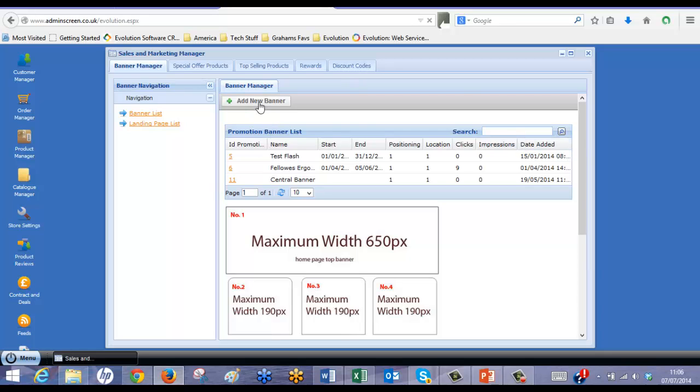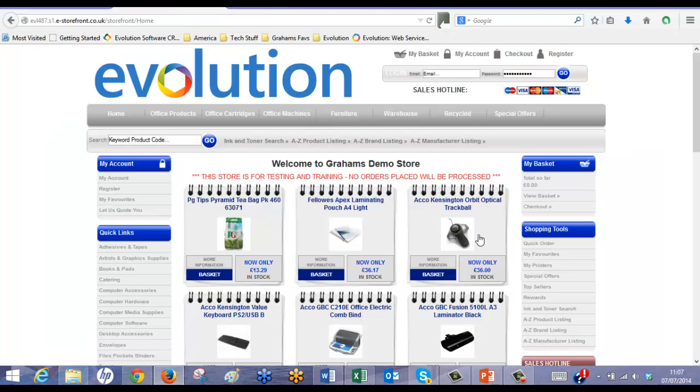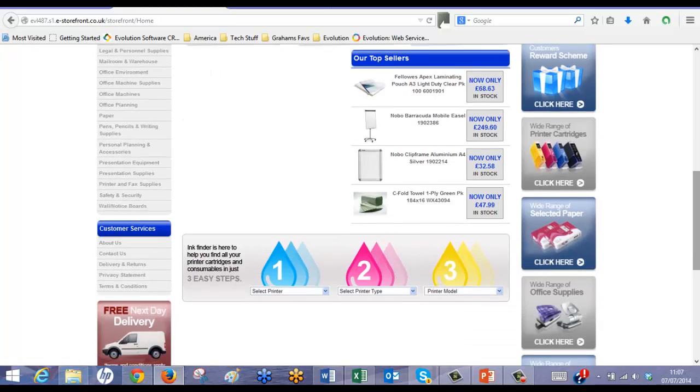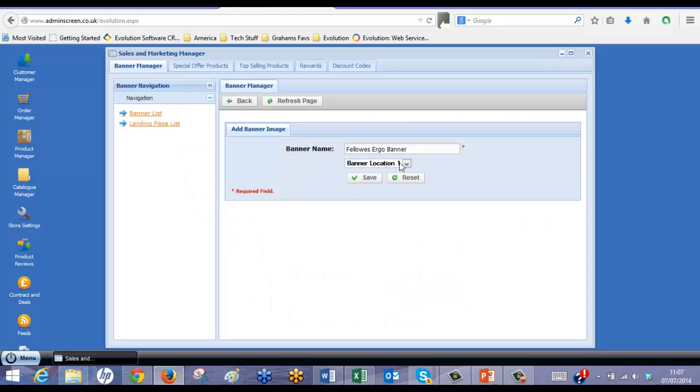Okay, so if we add a new banner on straight away, and in this instance we'll just add a fellows one that we have. Now we're going to put it in location 1, so if we just flip back to the storefront quickly, banner 1 would sit at the top here, banner 2, 3, 4 would sit there and just push this particular part of the storefront down. 5, 6 and 7 will sit there, and then number 8 right down the bottom. Okay, so if we leave that as location 1